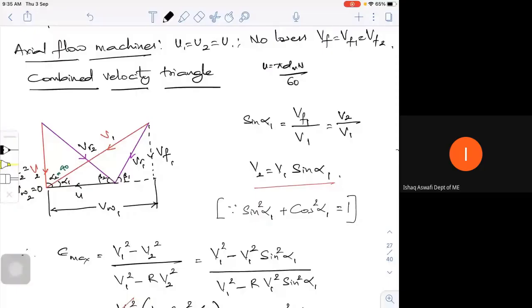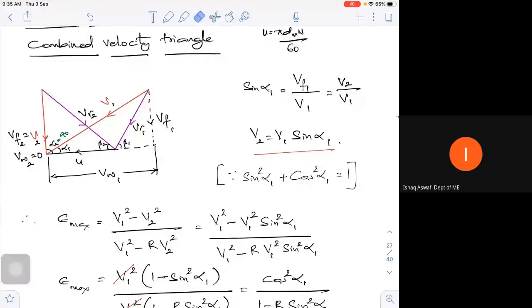With that in my mind, if I write the velocity triangle for a turbine, I will put it like this. For a compressor, I will go in this direction, and for a turbine, in this direction. So I should be very clear in which direction I am putting it. Now I put a combined velocity triangle here, which clearly shows V being the absolute inlet velocity and U being the common tangential velocity for both. That means it is the same.